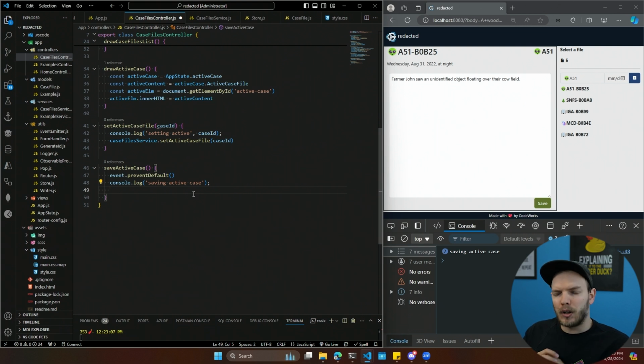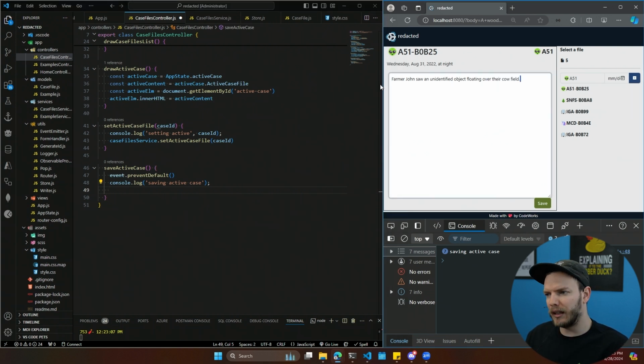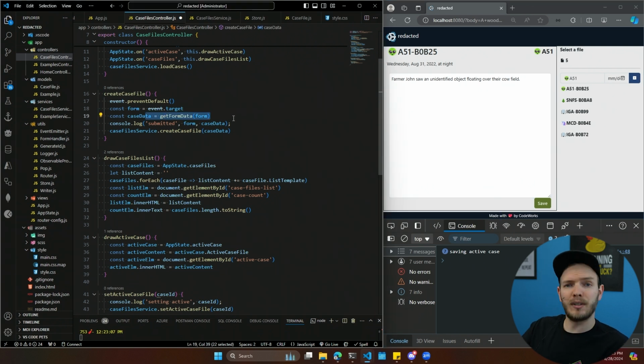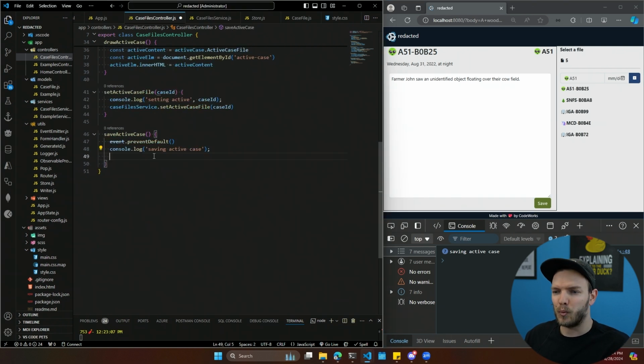So this form submission is not going to work in the same way that our last form submission worked. In this case, we're trying to extract a lot of data from the form. We're going to try and create an object, and then we're going to add that information into our app state. This time, there's really only one thing that's updating. That's the body. And trying to extract that out through a form is tougher with the standard get form data because that wraps it in an object. We can honestly just get that information out by saying